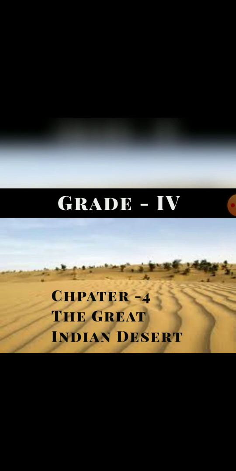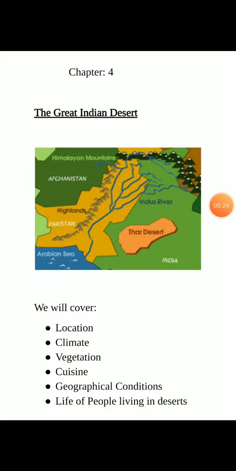As in the previous chapters, you have covered other major physical divisions of the Indian subcontinent. They were the northern plains and the northern Himalayan range. In this chapter, we are going to talk about the Great Indian Desert. In this chapter, we will cover the location of the desert, climatic conditions, geographical conditions, the vegetation cover of the